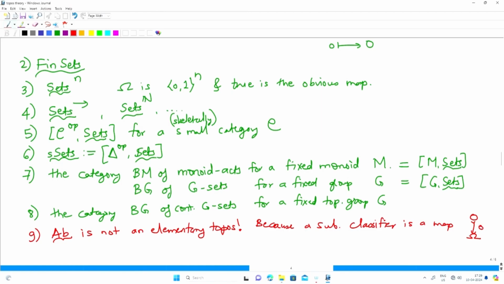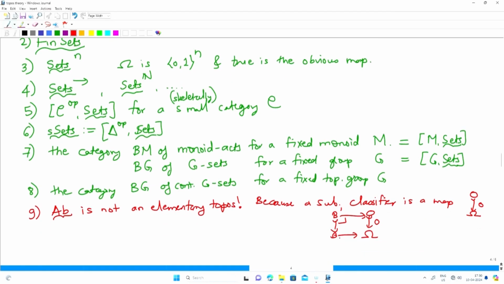Now you want omega to satisfy the universal property: for any subgroup B prime of B, there should exist a map such that this 0 map makes the diagram a pullback. That composition is 0, so this composition will have to be 0. So the map from B to omega has to map B prime to 0, right? Therefore the kernel of this map,